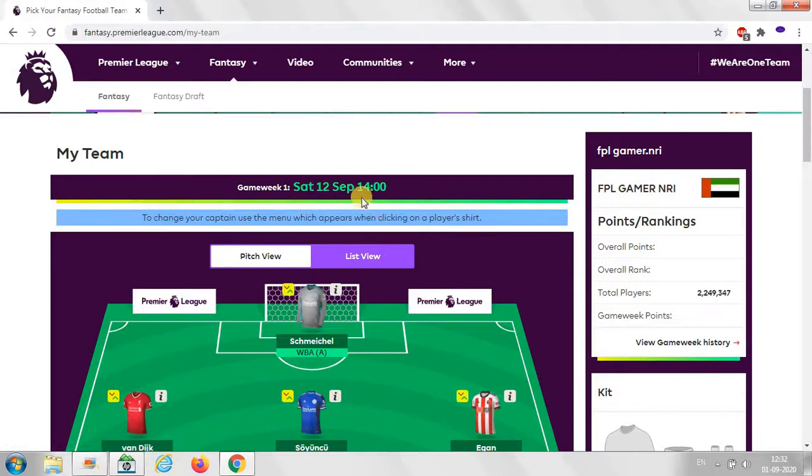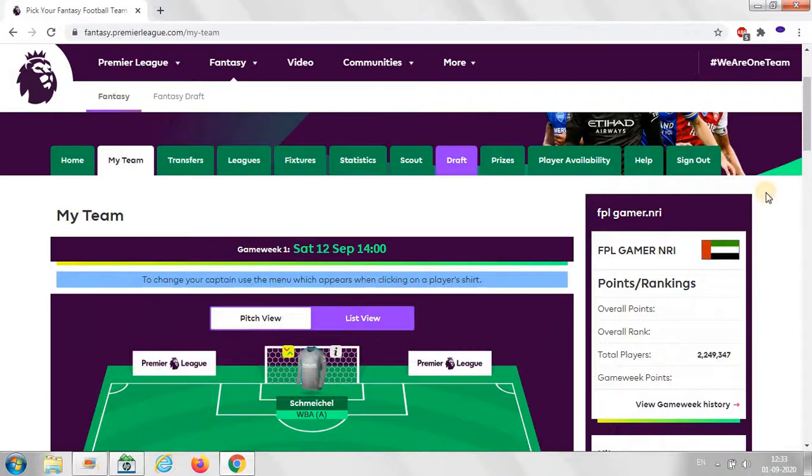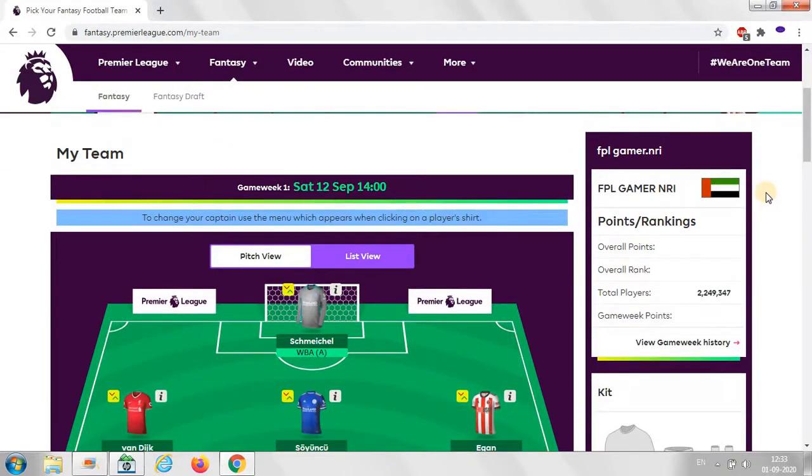And also, guys, basically, if you want to select your team, I will recommend you to wait until all the managers have done the press conference. From that press conference, you will be able to know some guys will be injured during the training, some guys maybe will not be fit. So he will give a clearer idea, and also the FPL team will say whether the players are fit, and how much possibility there is of their playing.